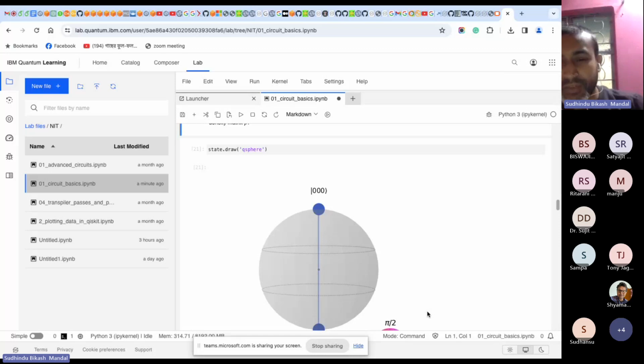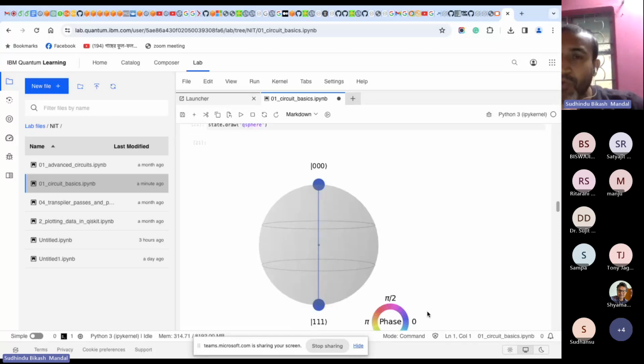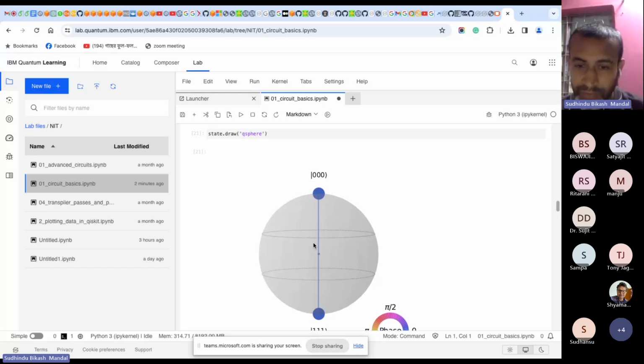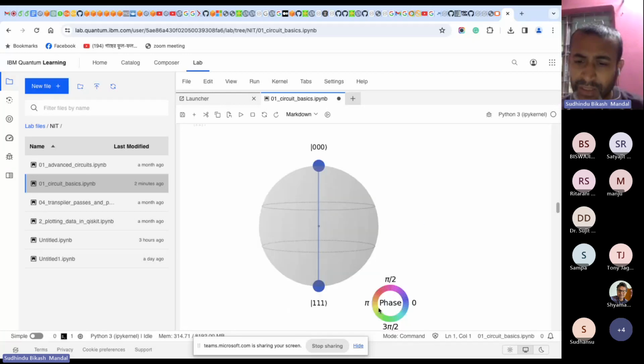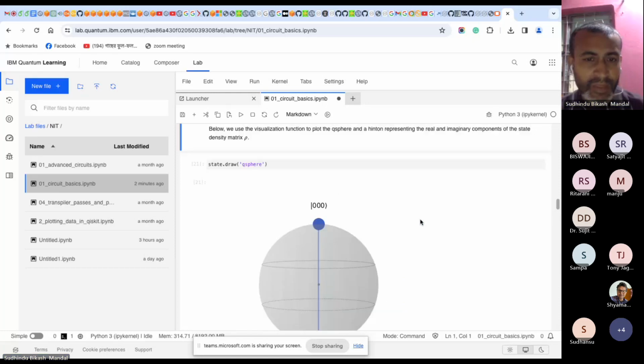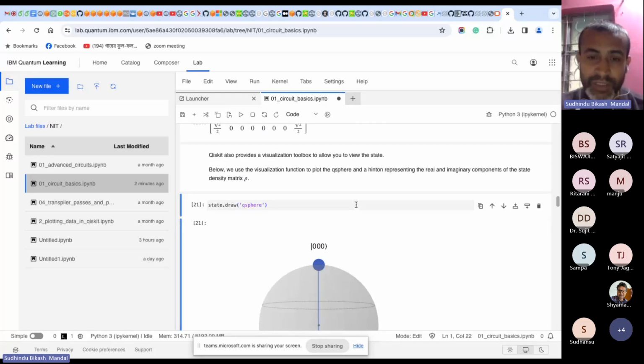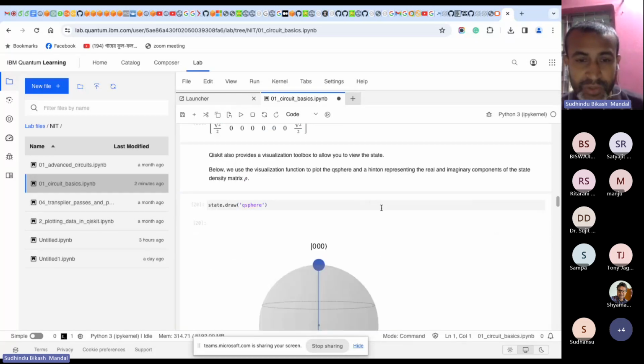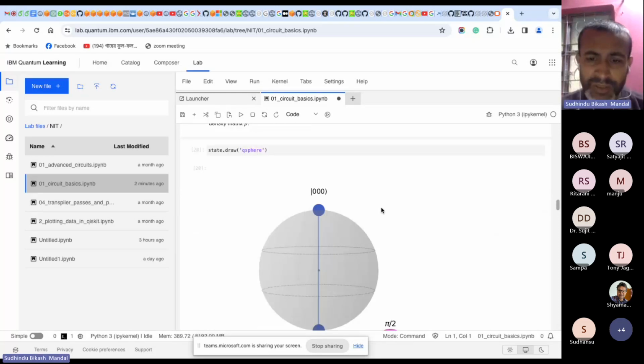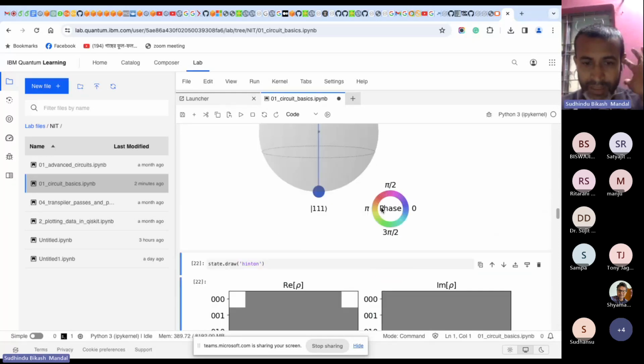There is a difference between Bloch sphere and Q sphere. In the Bloch sphere you can view the phase of your qubit state, but in the Q sphere you can visualize the phase by using different color combinations. You can try it out with a different number of states so that it can give you different color space. Here nothing to show. This one is our case.